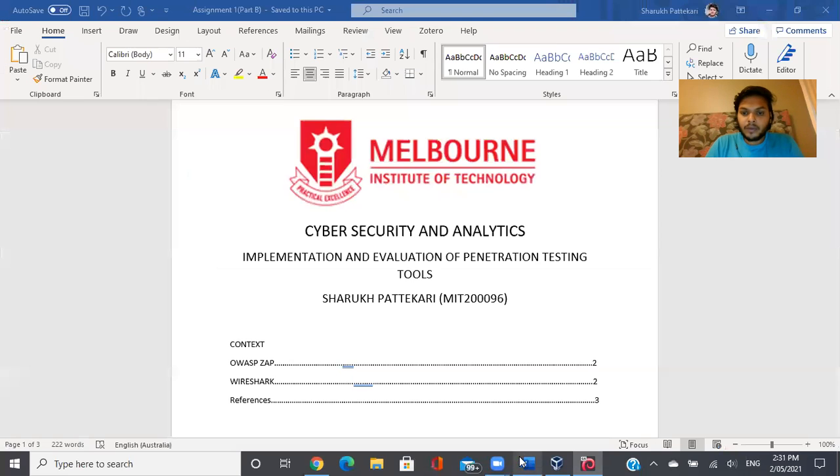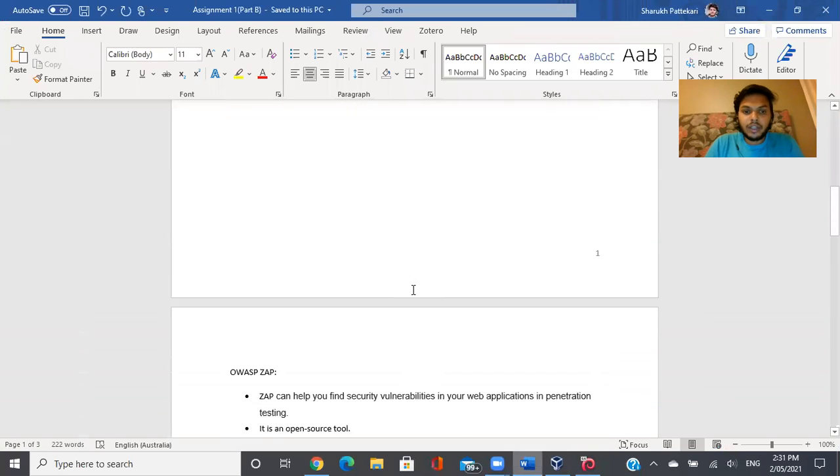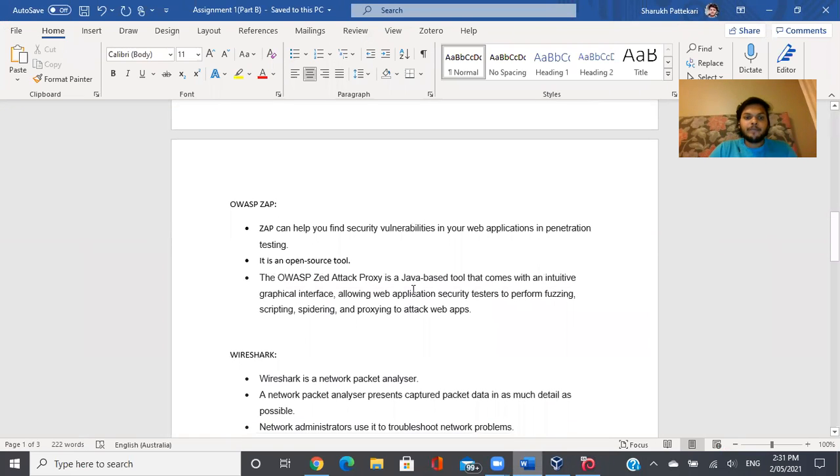Now we are coming to some information about the OWASP ZAP. ZAP can help you find security vulnerabilities in your web applications in penetration testing. It is an open source tool. The OWASP ZAP is a Java-based tool that comes with an intuitive graphical interface. It allows us to perform web scan security testing and penetration testings like fuzzing, scripting, spidering, and proxy attacks on web